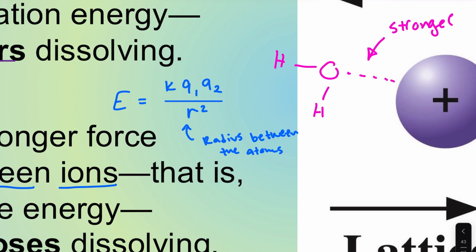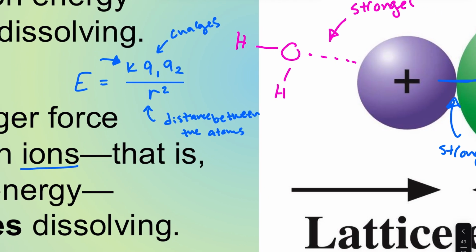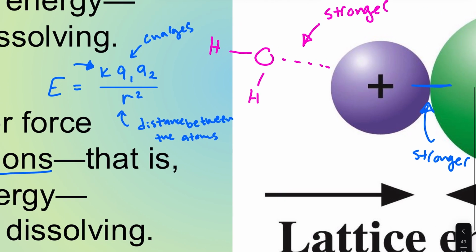Really, this is the distance between the atoms in a crystal structure. And the Q's are going to be the charges. K is just a constant. It's called a spring constant. It just sticks around there for that. But the higher the charge you have and the smaller the distance between the atoms you have, the stronger your